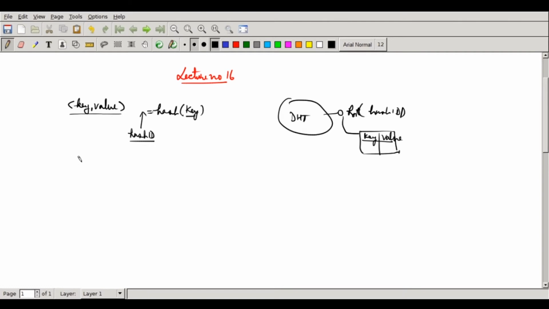Now there are two possible ways in which the root node can exit the system. One is abruptly: they go off the network, either because they are turned off or they are disconnected. So they are abruptly out of the network. That's the way I should term it. The second possibility is that they exit gracefully. They are planning to shut down, so they do a graceful exit.